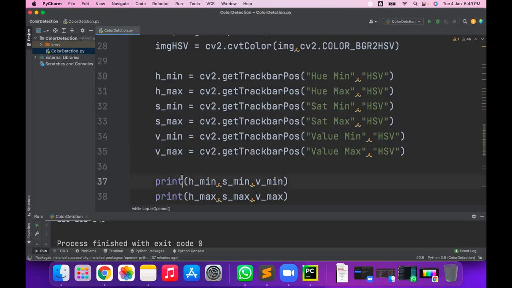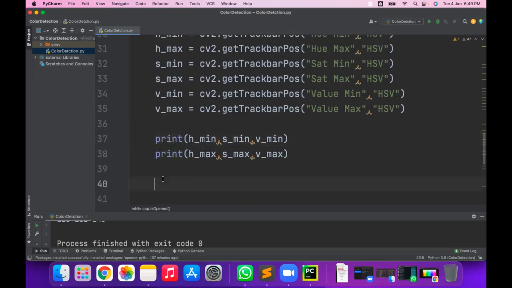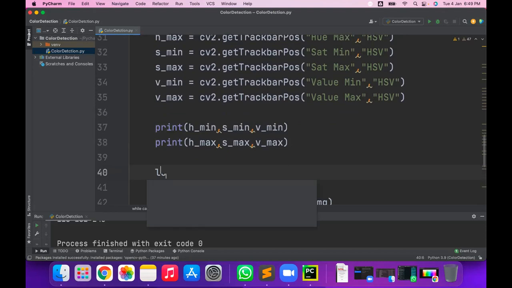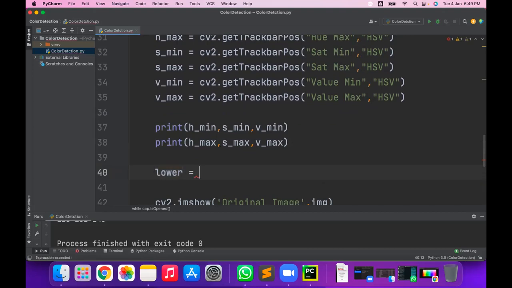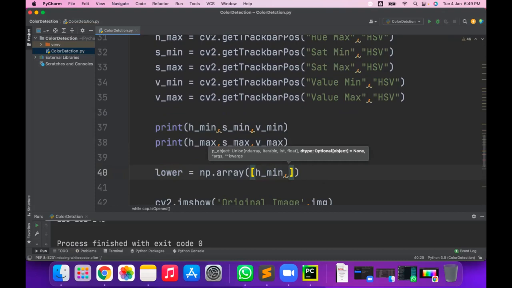Okay, so next we want to create one array called the lower array and the upper array. The lower array we can create by using H mean, S mean and V mean. So let's create the array by using np dot array, and use this H underscore mean. Give the list, and using the list it will create the numpy array.